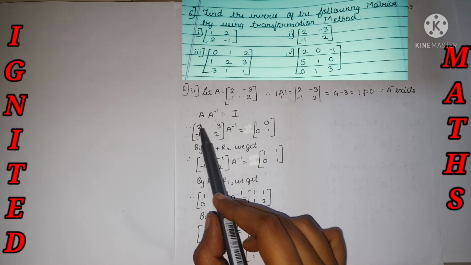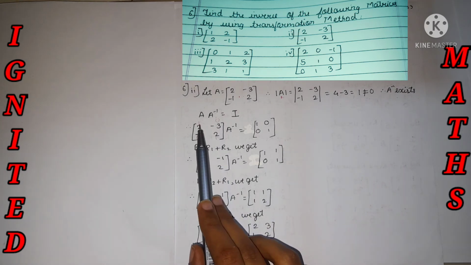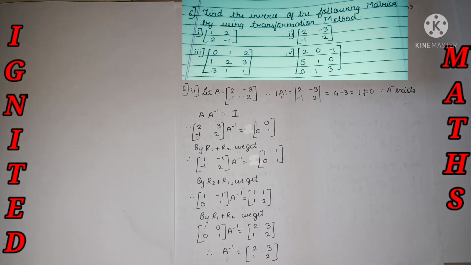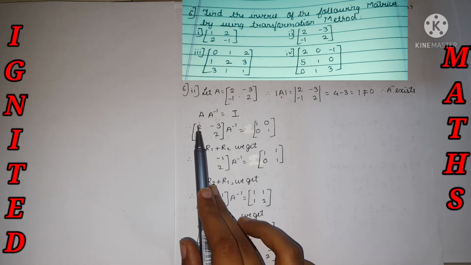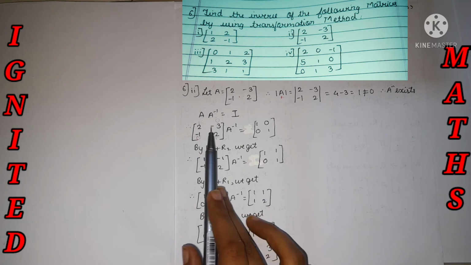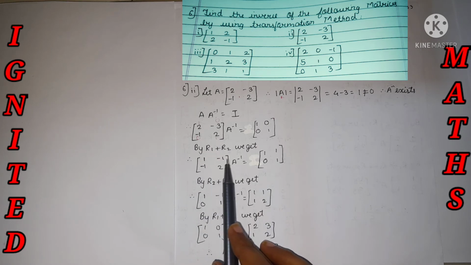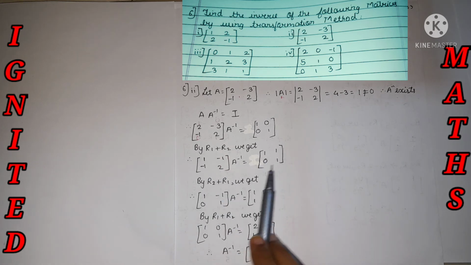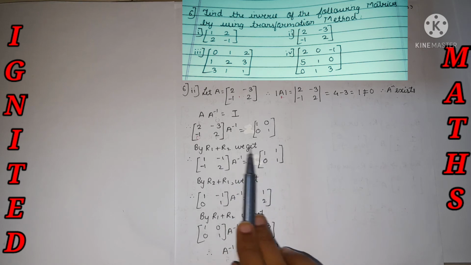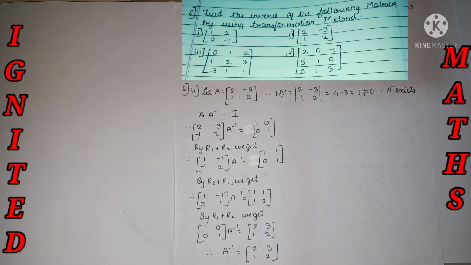Over here 2 is there. How do I bring it to 1? For that, what operation can I do? 2 minus 1 is nothing but 1, so it's row 1 plus row 2, then we can get the answer as 1. Just do the operation at row 1. If we operate over here, it affects over here also. Yes, so no problem, just put the value accordingly and we get the answer. And over here also we need to do the same operation, row 1 plus row 2. Anything applied to 1 0 0 1 will change the matrix and we'll get the other matrix.